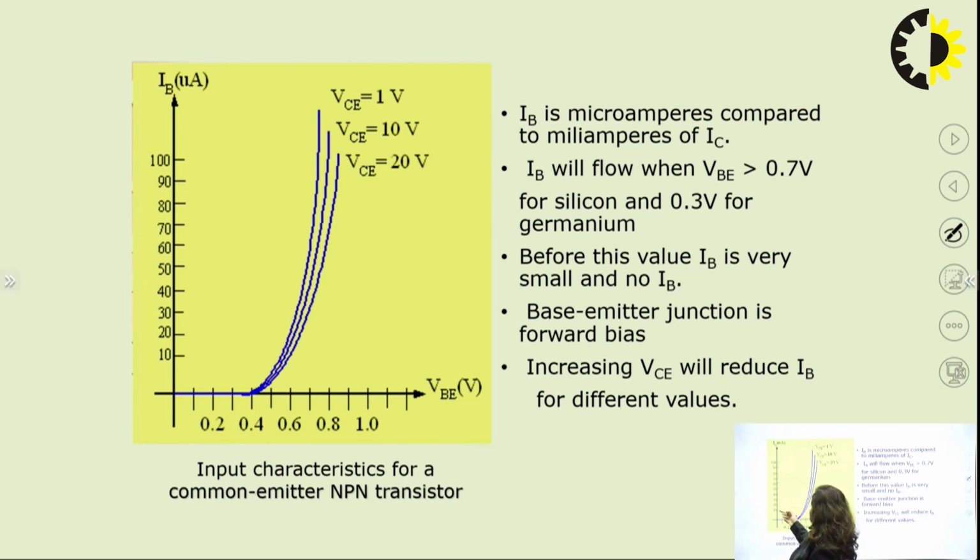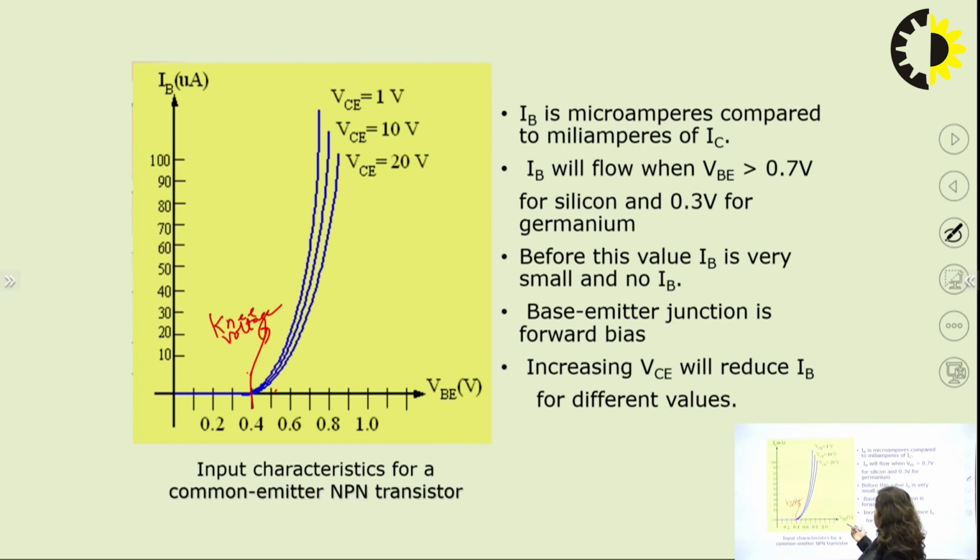Similarly in the Y axis we have 10, 20, 30, 40, 50, 60 and so on, a 100 scale. So when you draw up to a certain point, obviously that is for the knee voltage. So this is your knee voltage, as in the PN junction we have seen earlier. For the knee voltage the current is usually 0, and when you increase above the knee voltage the current